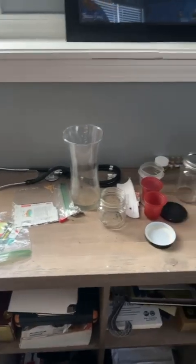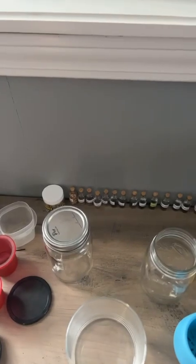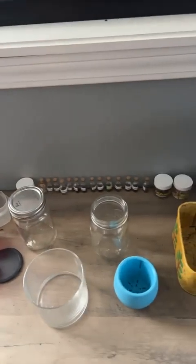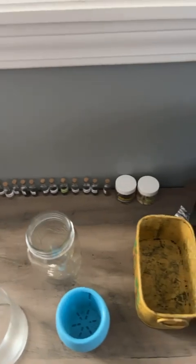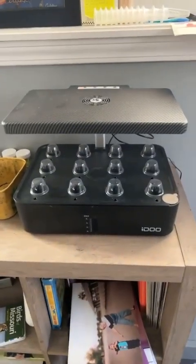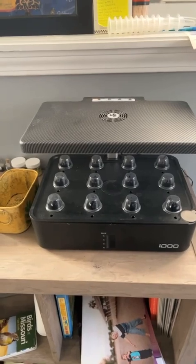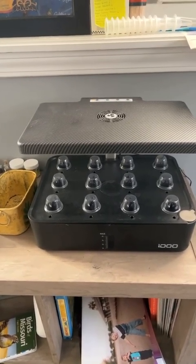My propagating station, my extra jars and everything that are empty right now, those are most of my seeds. I have a couple packs. I need to go get more jars. I know people say store them in paper, but honestly, my seeds are doing just fine in those. My heating pad that all of the babies are on right now is just not getting it hot enough. I could get a new one, but